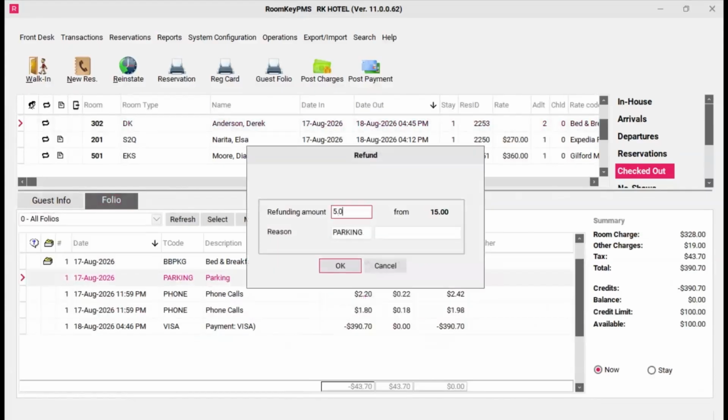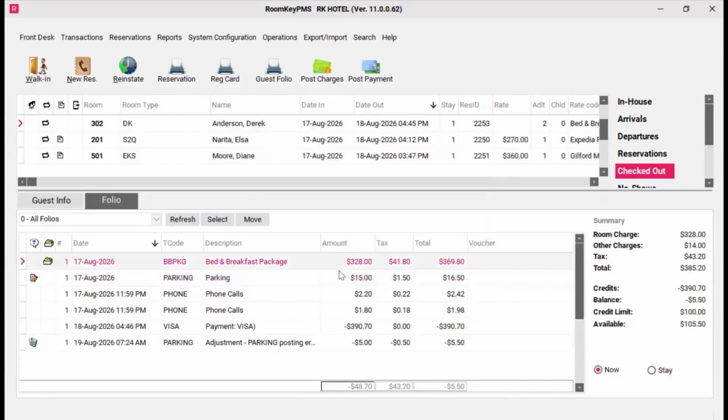This allows us to refund an amount from the original amount. So it's going to be $5 that we refund from the original 15, and we add our reason saying that this was a posting error. When you click OK, what you'll see here is that a new line item is added, adjusting that $5 and